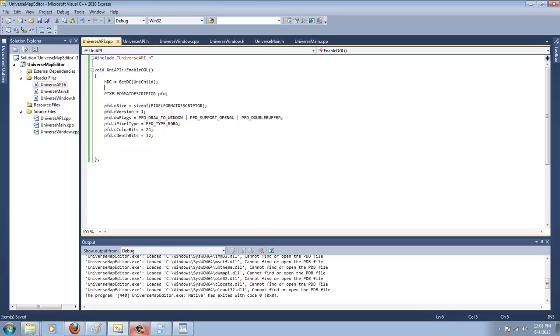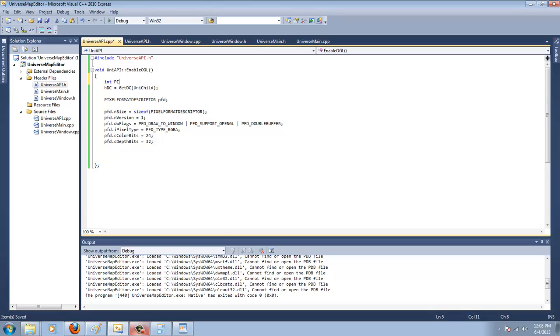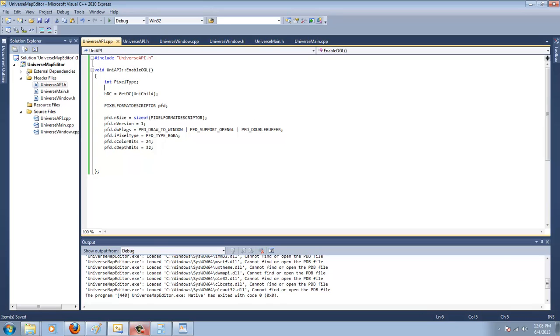Alright, and type int pixel format, pixel format equals choose pixel format,